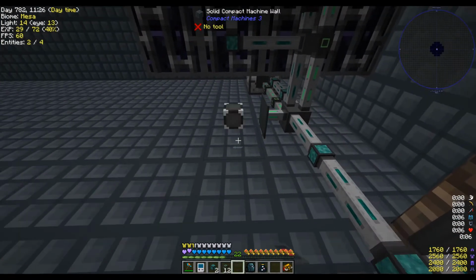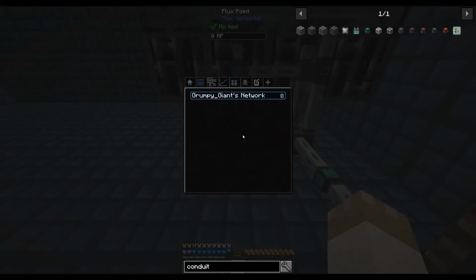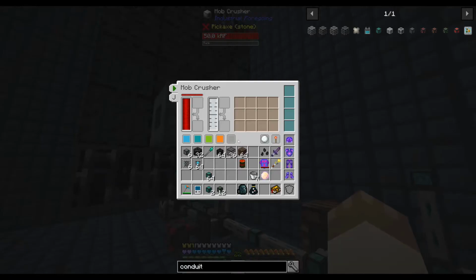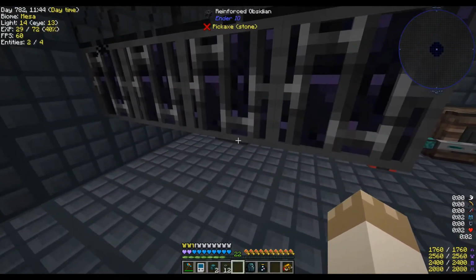And we can throw the flux point down. Connect it to our network, right? And now the Wither Builder has power. The Mob Crusher has power. Very cool. We can test this system before we really go a whole lot further